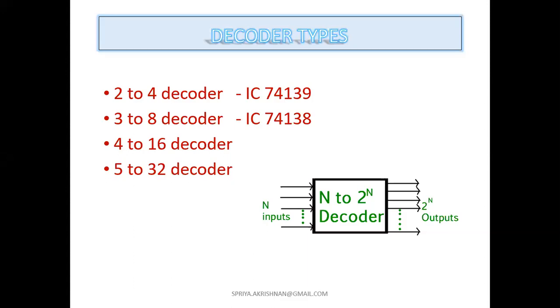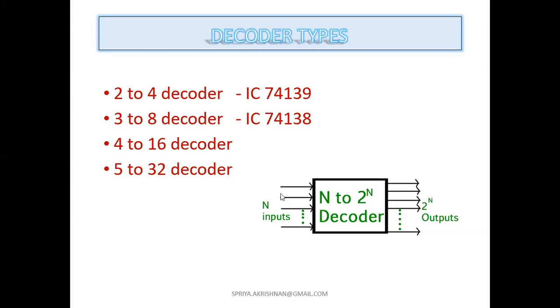For example, if you are downloading a song on your mobile phone, it will ask you where you want to save your song, in which folder. So you will give some options, like save in my phone memory or save in my external memory. So the decoder also works in the same way.